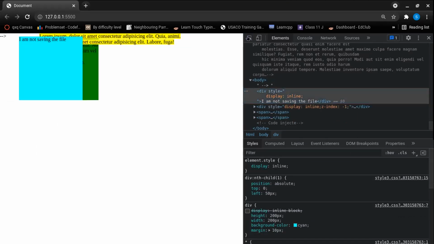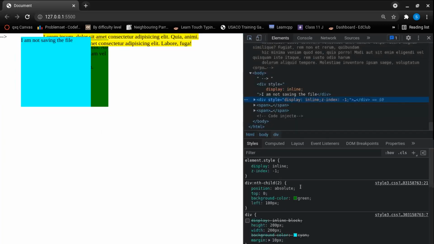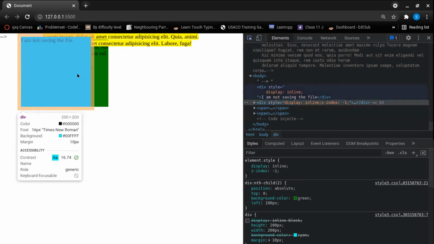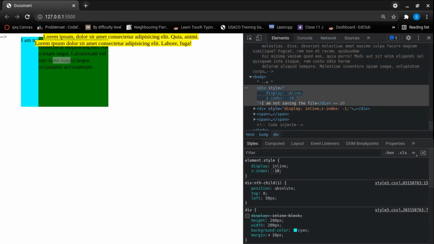But we did define the z index property of this green div, so it was -1, which is less than 0, so that's why it's behind. But if I declare the z index property of the blue div as, let's say, -10, which is less than -1, it will be behind the green one. So that's basically z index.